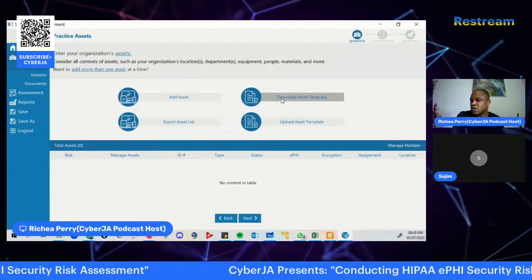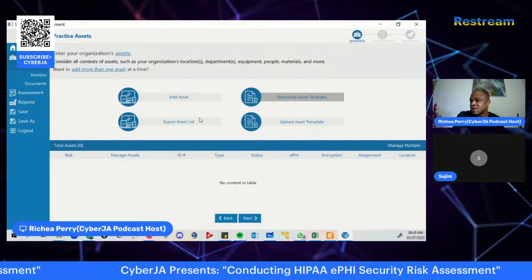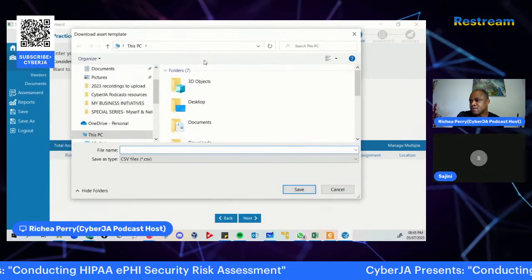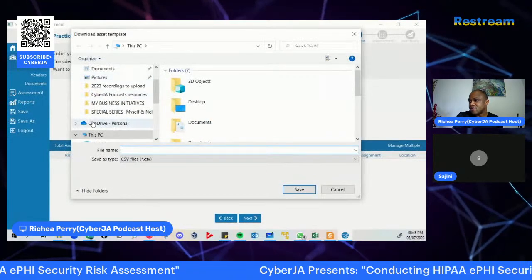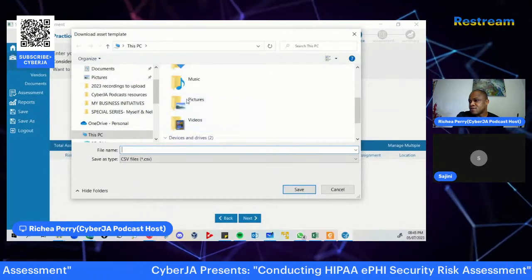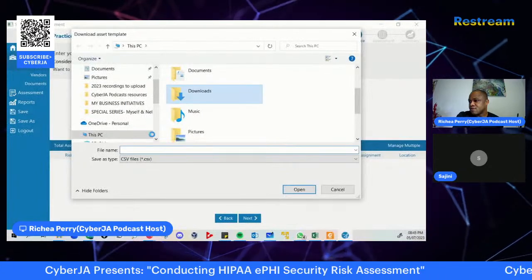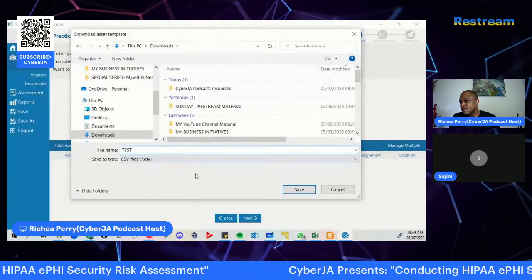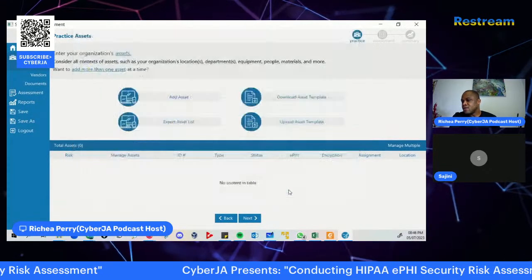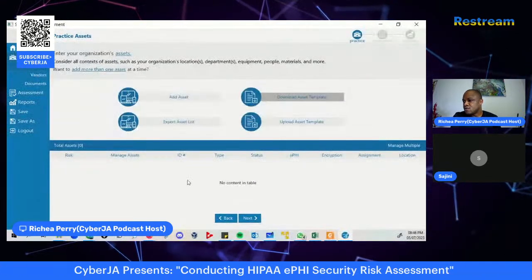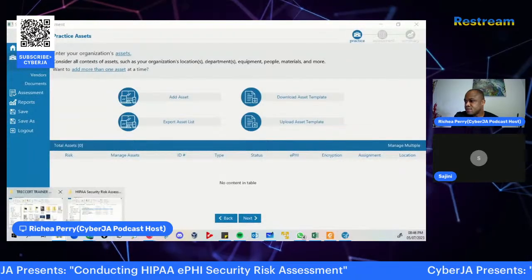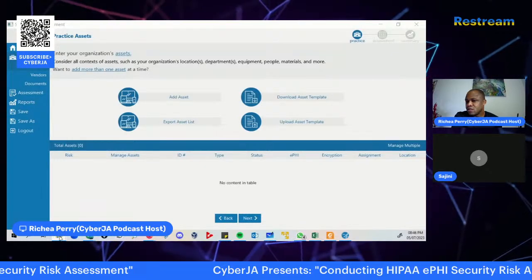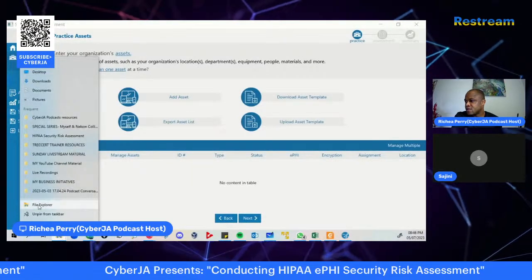You can even download an asset template. So for example, in this case, let me go to downloads. I could say test CSV. This is just for us to see what this template actually looks like.